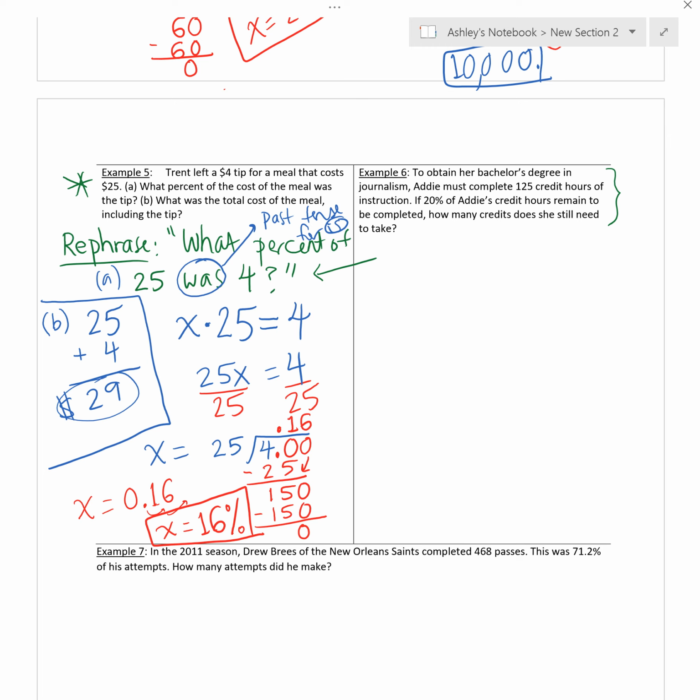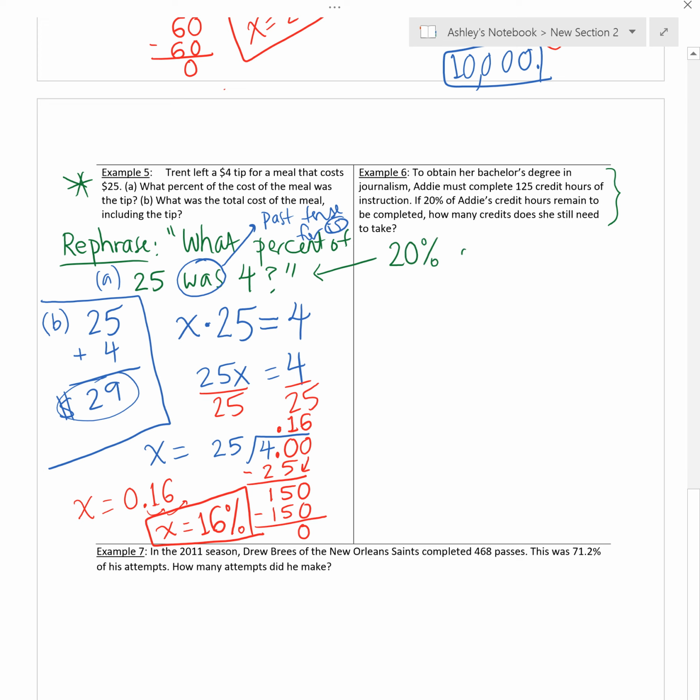It says, to obtain her bachelor's degree in journalism, Addie must complete 125 credit hours of instruction. Okay, I guess that's like units, right? We talk about units here at our school. Same thing, credit hours. That's a lot of units, huh? 125. So if 20% of Addie's credit hours remain to be completed, how many credits does she still need to take? So it sounds like they're asking